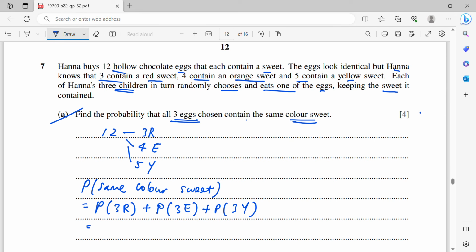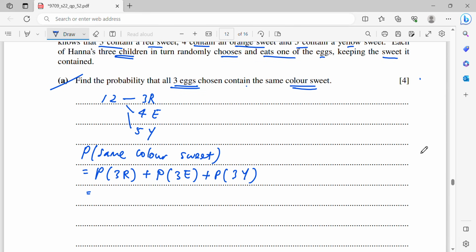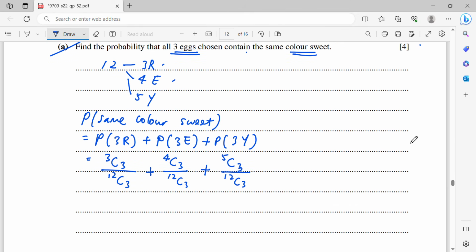Okay, so now from here, there will be 3R in total, so the probability is 3 choose 3 over 12 choose 3, or 3 orange, 3E. So you have 4 E's here, you need to choose 3E. That means it's 4 choose 3 over 12 choose 3, or 3 yellow. So 5 choose 3 over 12 choose 3. Okay, so now